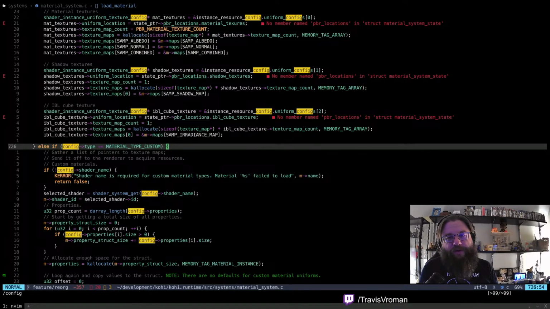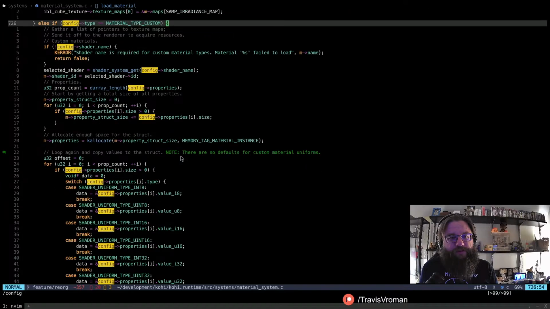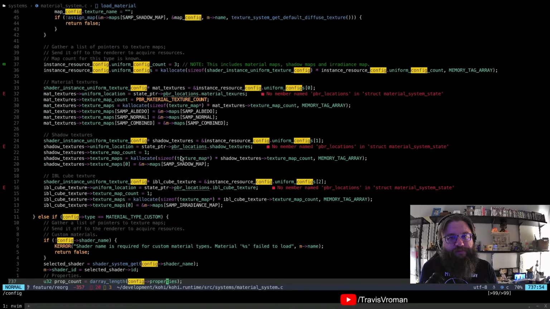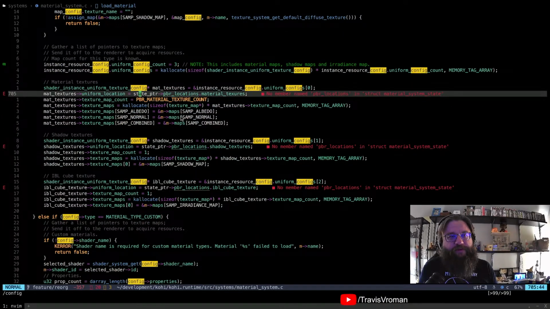I suppose I could acquire that from the thing itself, right? I don't really have to know. I could just query this from the shader manager, I suppose. It's probably exactly what I'm going to have to do, actually, to get around this, because we don't have these things in the material manager anymore. We don't have these stored. So I think that's probably what I'm going to have to do. Okay, not a huge deal.